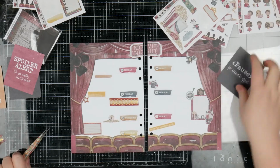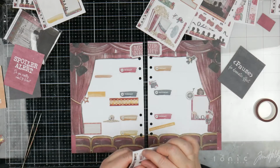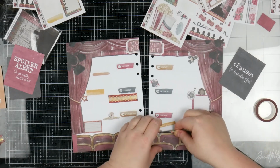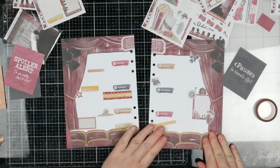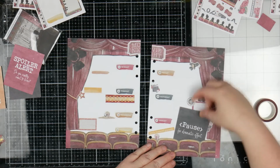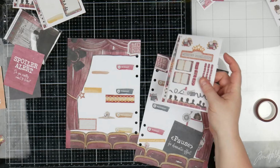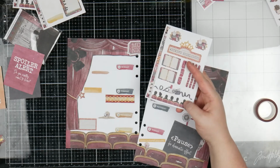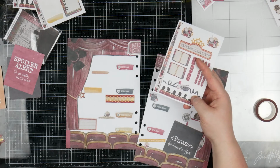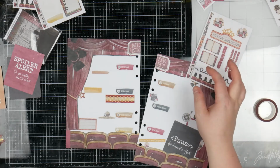It works better on that side, and then I'm just going to grab a little thing of the popcorn. Okay, I'm leaving it alone now. I really also love the silhouettes part of this. If this was bigger, and I don't think it is on any of the papers, but had that sticker here at the bottom with all the silhouette people, that would have looked awesome, sitting along the bottom. What would also look awesome if I decided to do it,